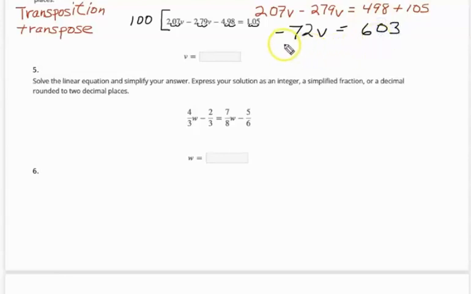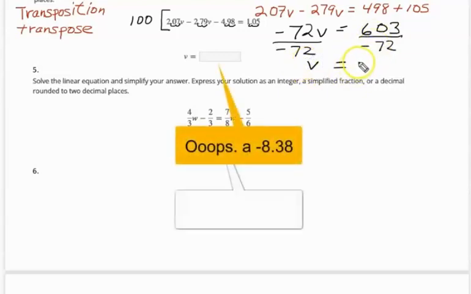Now, when I isolate the V, I'm going to divide both sides by a negative 72. Now, this gives me a kind of a weird number. I get V equals, when I do that,